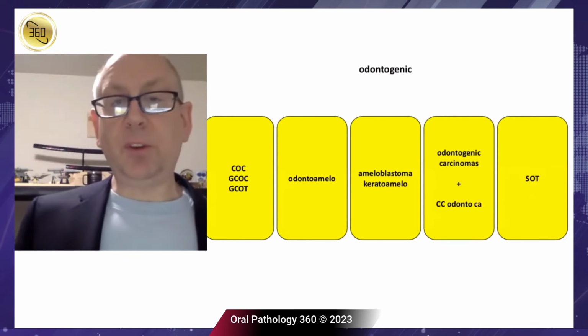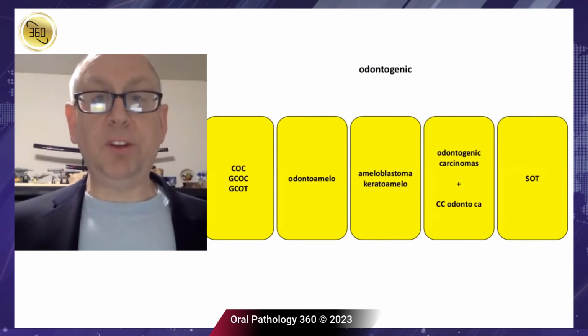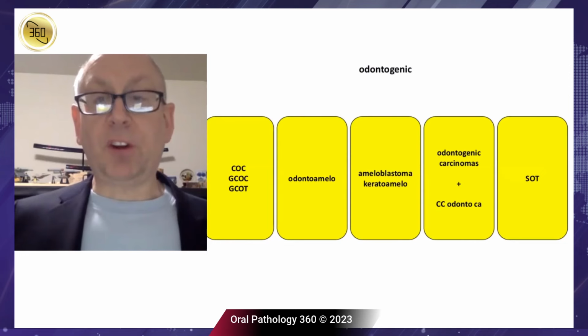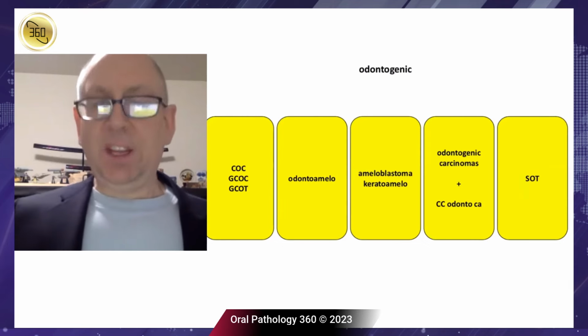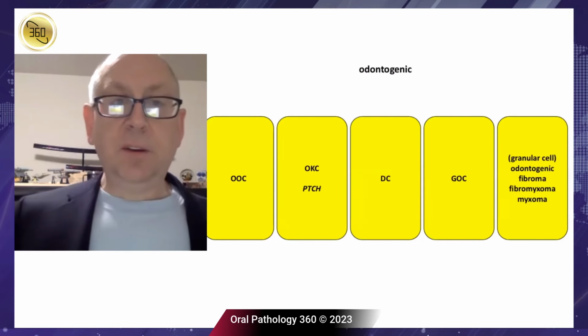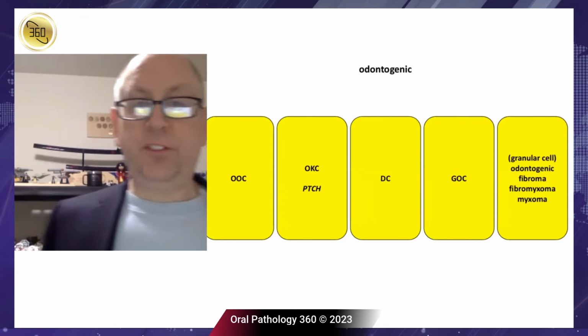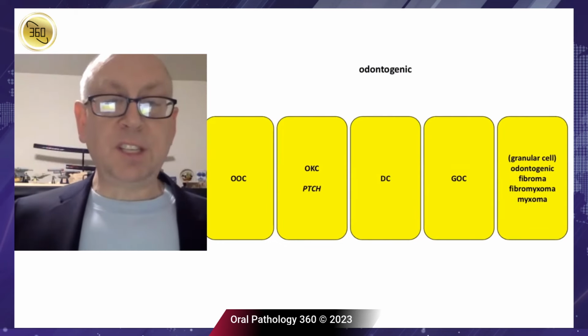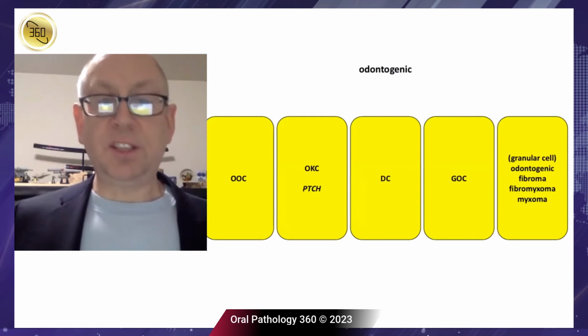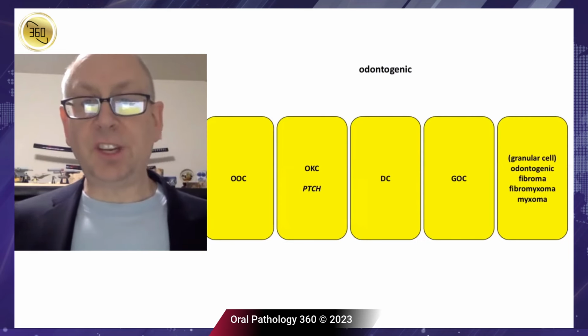And then you actually have all these variations of ameloblastoma. Some of them look like carcinomas. Squamous odontogenic tumors will look like cancer to an untrained eye. And then you have all these sort of cystic areas. So all the things like orthokeratinizing cysts, odontogenic keratocysts, dentigerous cysts, glandular odontogenic cysts.